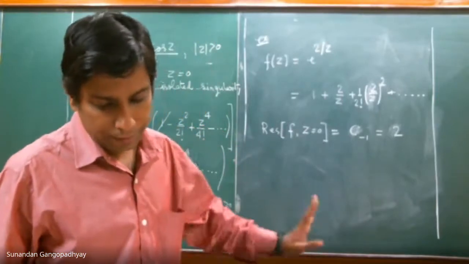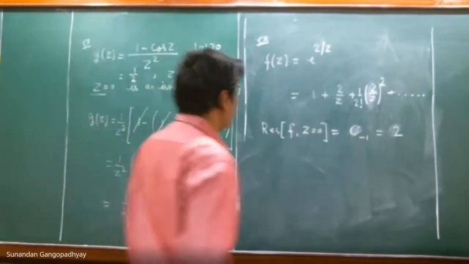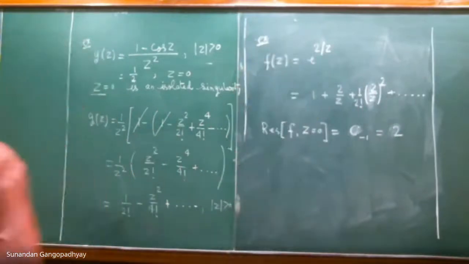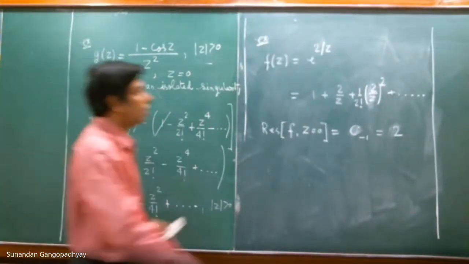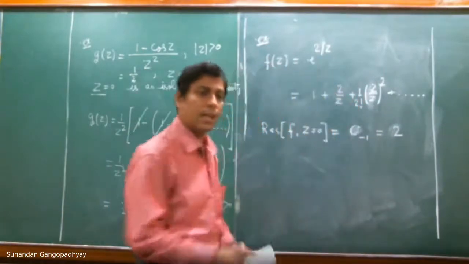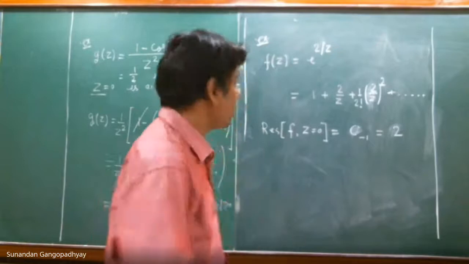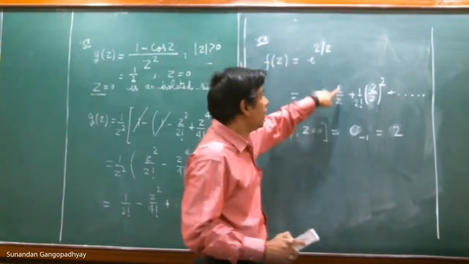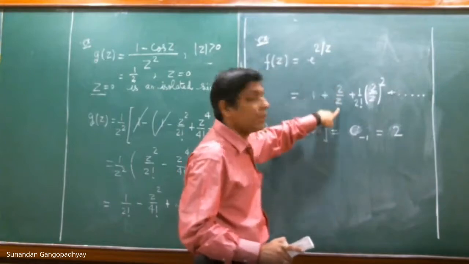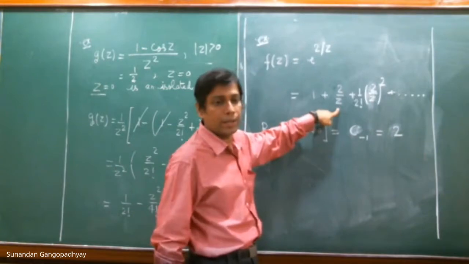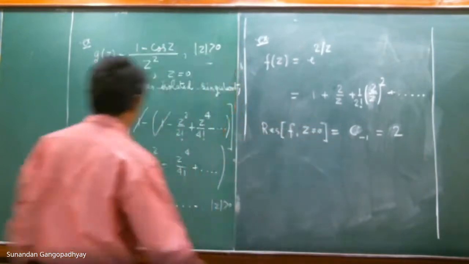So you can do it in this way. You expand it in a Laurent series, and you just read out the coefficient. This is another way to calculate the residues, because the residue is by definition, you remember it, the coefficient of the first power of 1 by z, or 1 by z minus z not, in the denominator.